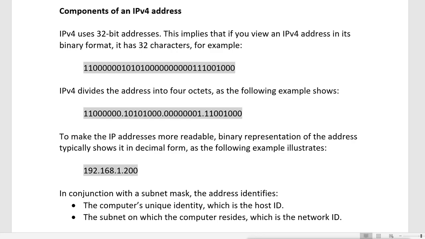For example, these are the decimal values of all those 8 bits, and these values come when you raise 2 to a power. That means 2 raised to 0, 2 raised to 1, 2 raised to 2, 2 raised to 3, 2 raised to 4, just like that. So it is 1, 2, 4, 8, 16, 32, 64 and 128. This is 1, 2, 3, 4, 5, 6, 7, 8.